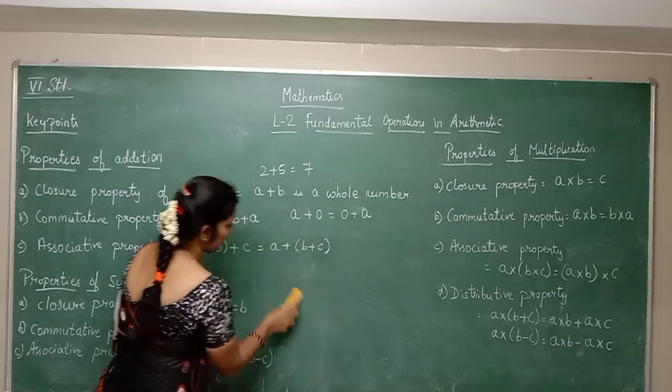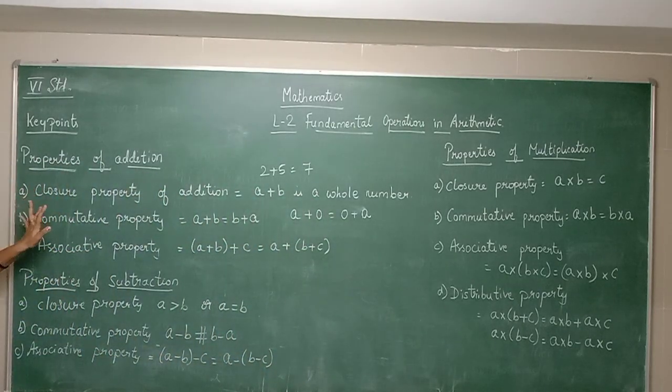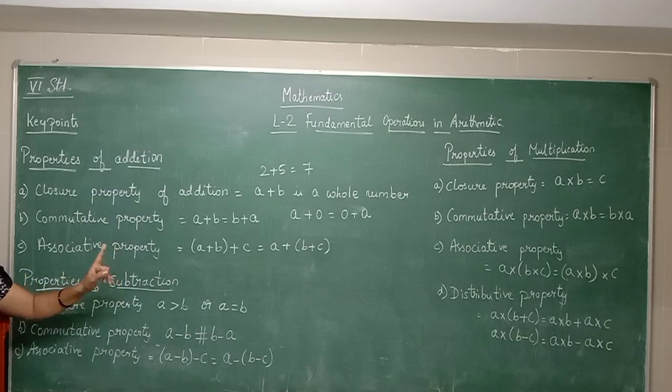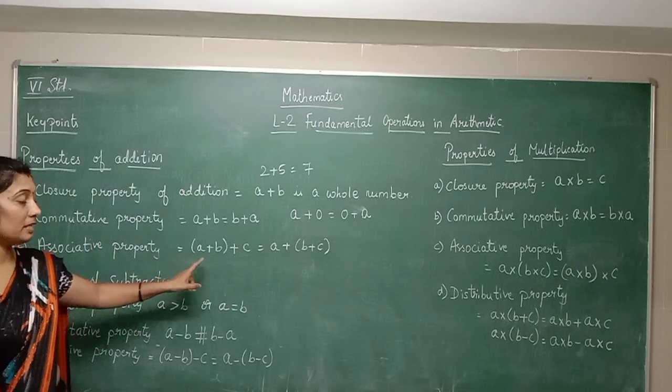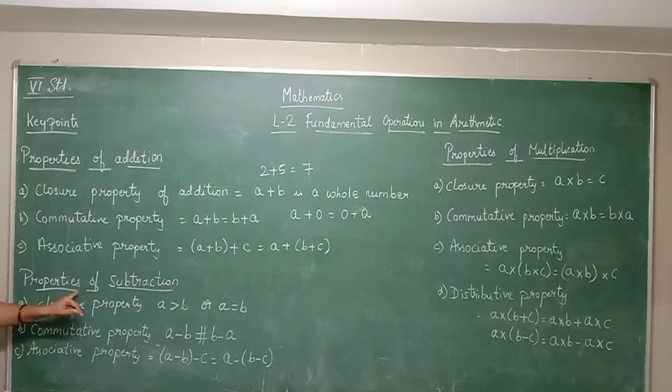multiplication, addition and subtraction. So I repeat again. Properties of addition. Closure property says that A plus B is a whole number. Commutative property says that A plus B will be equal to B plus A. Associative property says that bracket of A plus B, plus C, will be equal to A plus bracket of B plus C. Whereas properties of subtraction